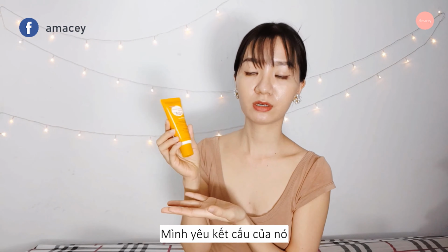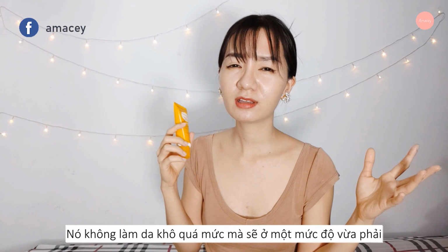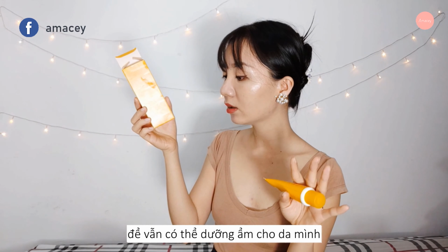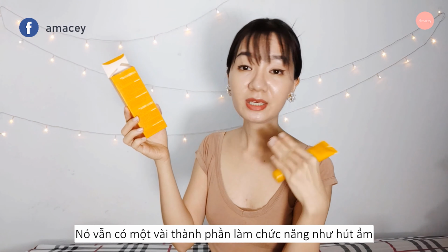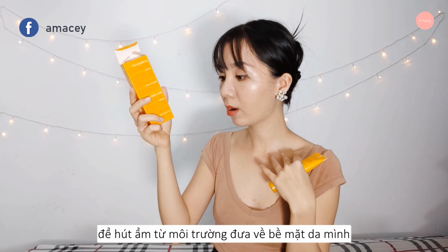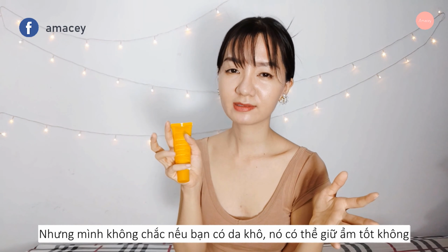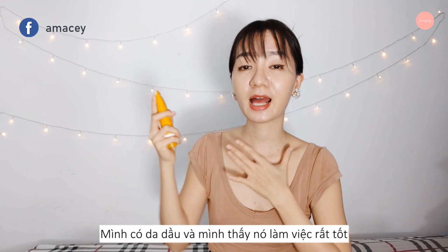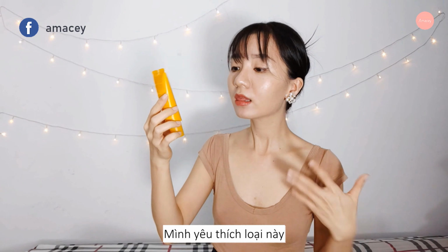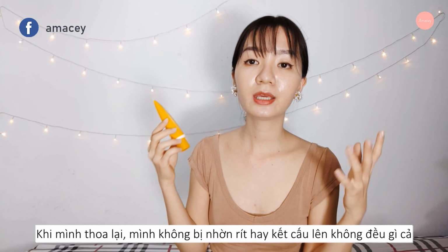And I love the formulation of this one. It's a pure matte without leaving any dryness on my skin. It doesn't aggressively dry my skin, but it's just enough to hydrate my skin. They also have ingredients which act as humectants to draw moisture from the environment to your skin to keep it hydrated. It's mannitol and xylitol, but I'm not sure if you have dry skin whether it can give you good moisture or not. But I have oily skin, and I think it works just fine with this sunscreen, and I love this sunscreen. When I reapply, I don't feel any greasiness or any clumping or peeling or balling